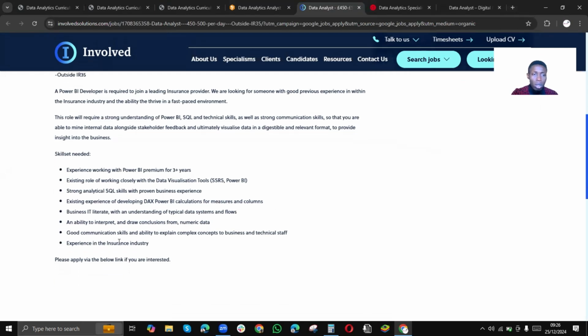So that's number two. What they also need is analytical SQL skills. As said before, SQL is very, very important. You cannot throw away SQL because it's very crucial for querying, for data summarization, for data transformation, and also for you to view data from different perspectives, giving you even deeper insights.